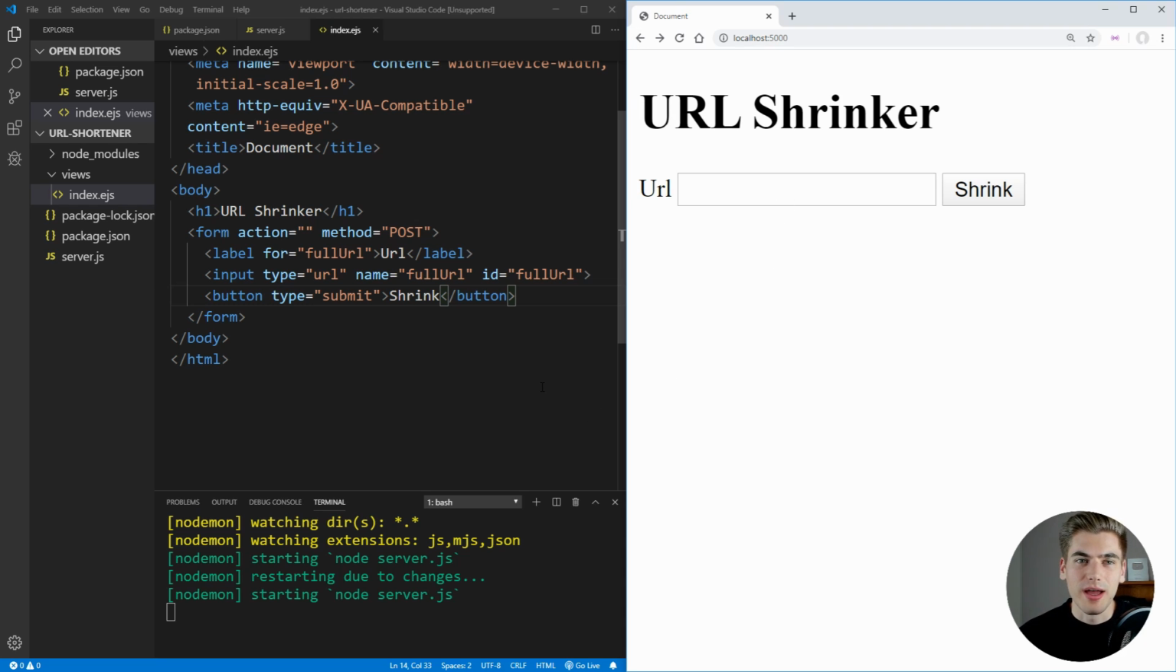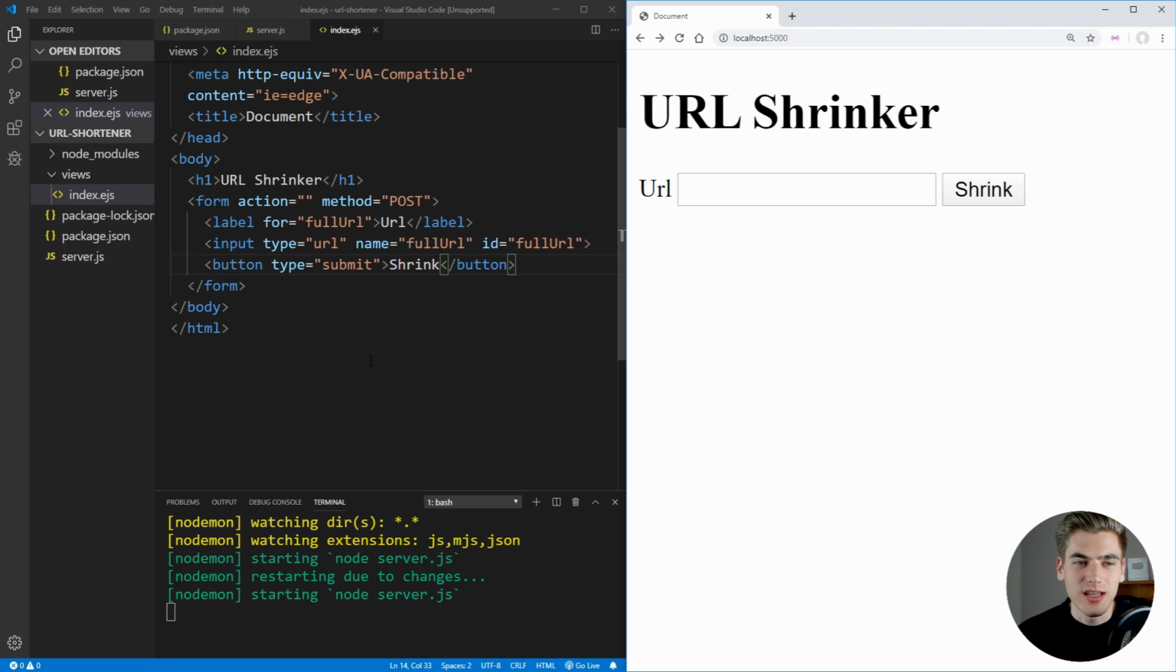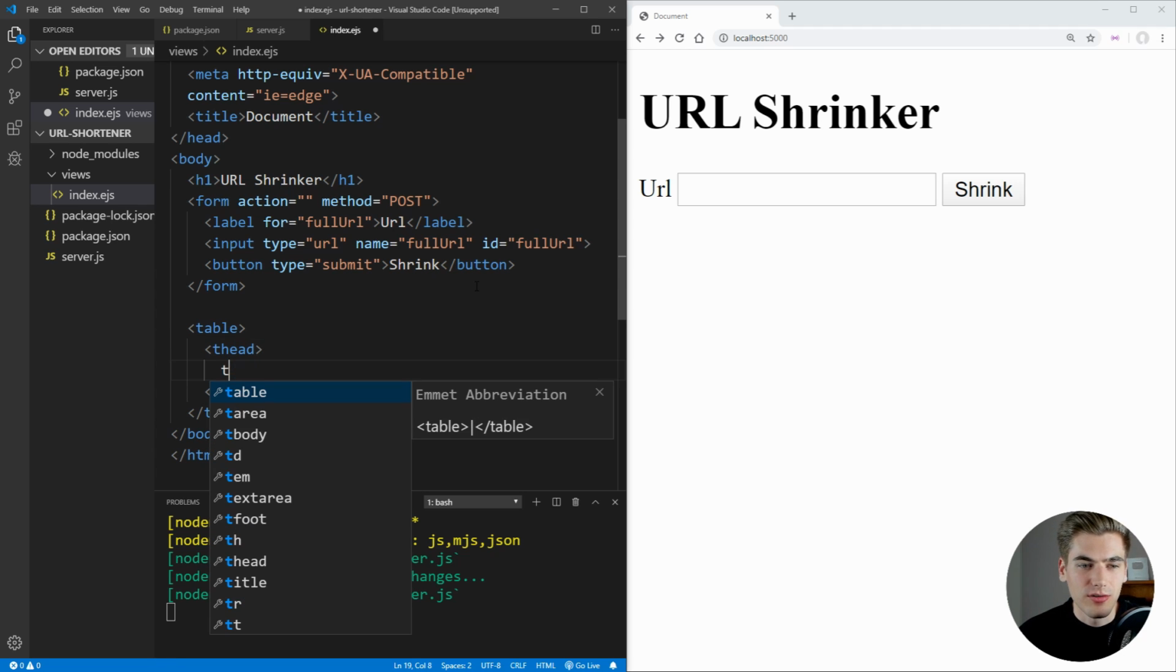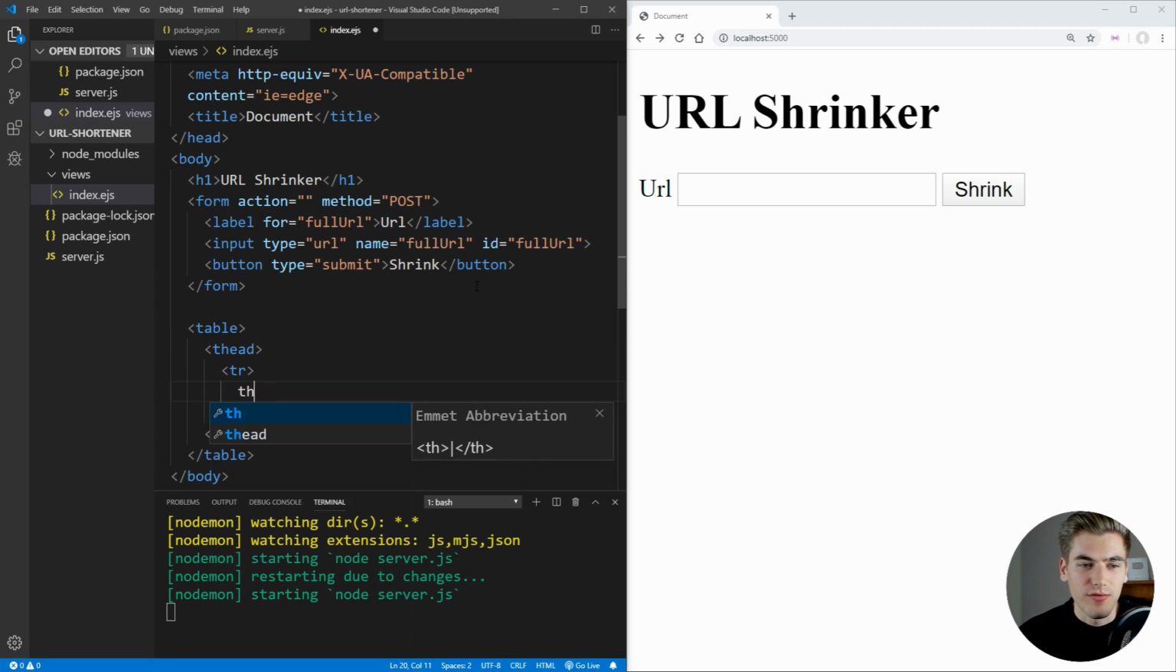Now before we get onto the backend, let's actually create the shell for our table, which is going to contain all of our different URLs when we create them. So let's create a table, and inside of here, we want to have a header, and inside of that header, we're going to have a row, which is just going to have 3 different THs, or table headings inside of